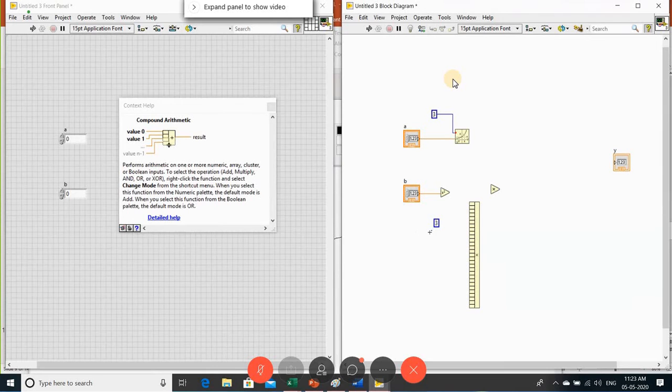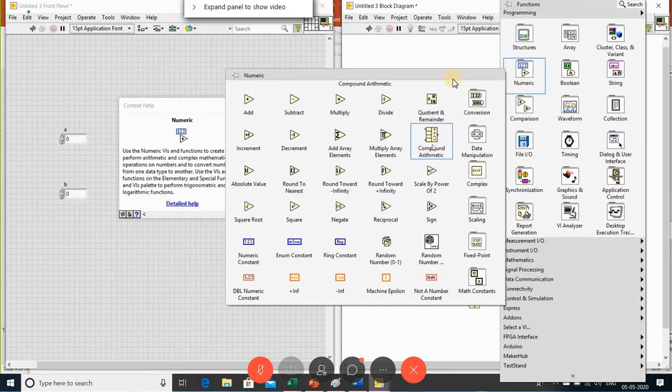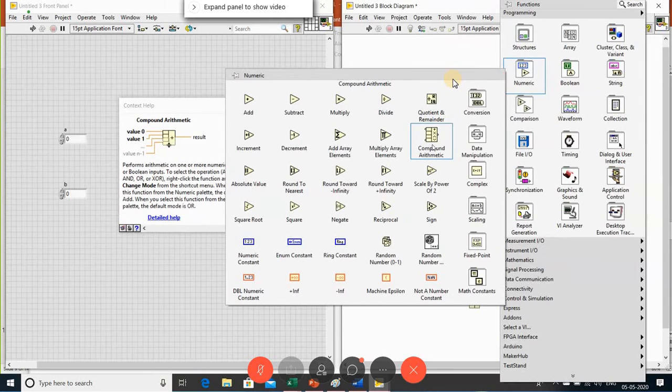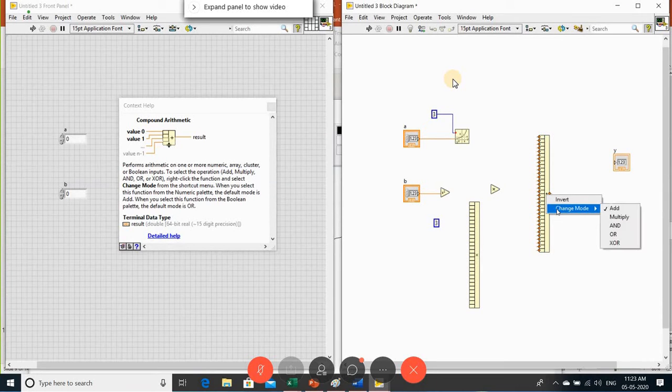I'm repeating once again. How am I supposed to multiply 3 variables? Right click, go to numeric. We have the compound arithmetic. Click on this and place it here. Place your cursor onto this and you'll get the arrow key; click and drag this. So n inputs can be connected here. Change the mode to whatever kind of operation you want to do, addition or multiplication, anything.